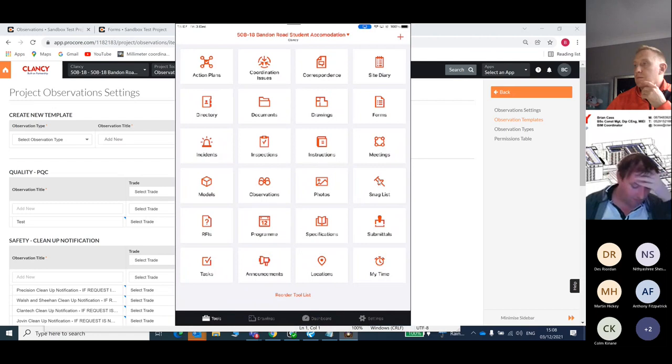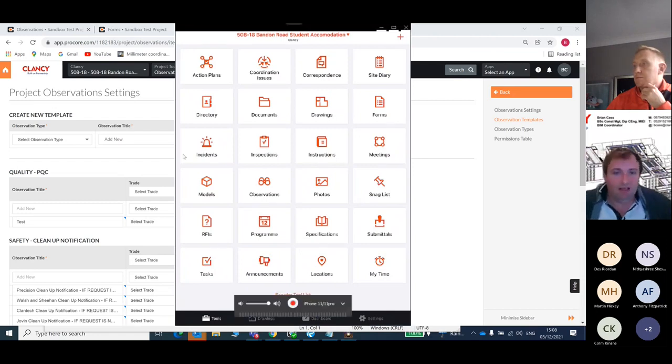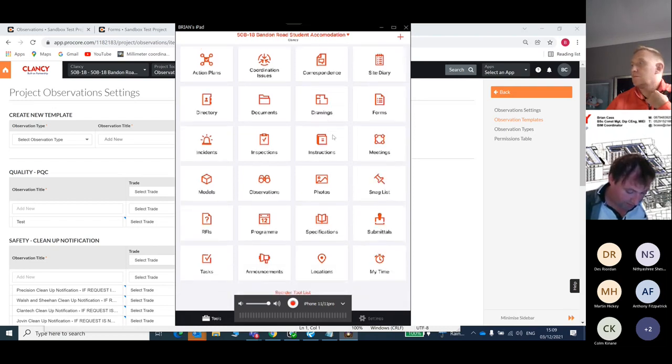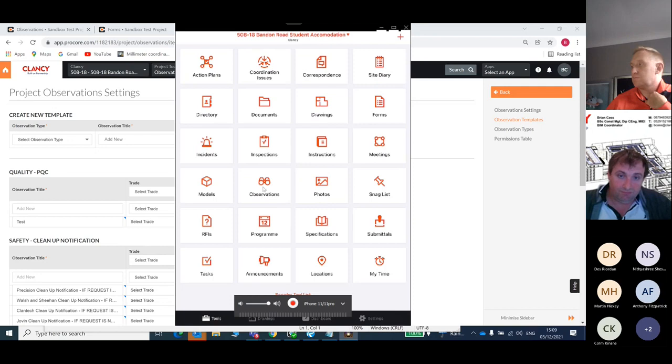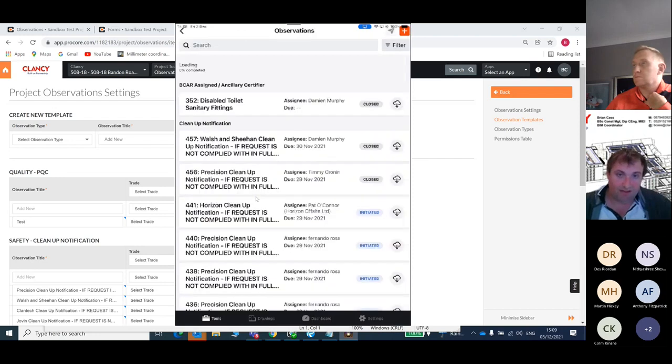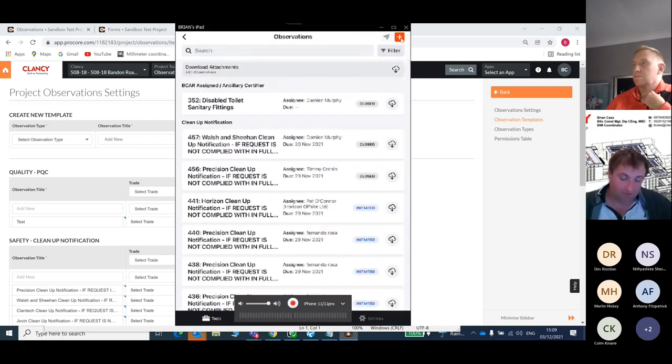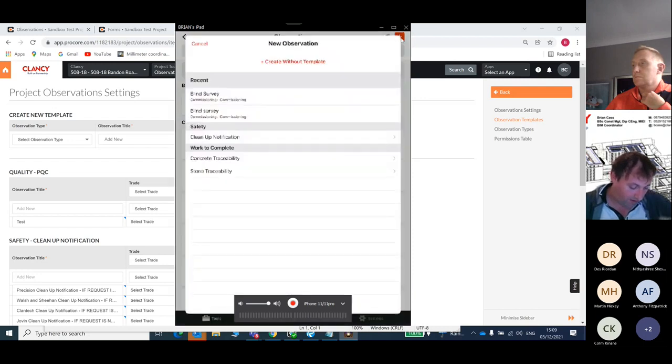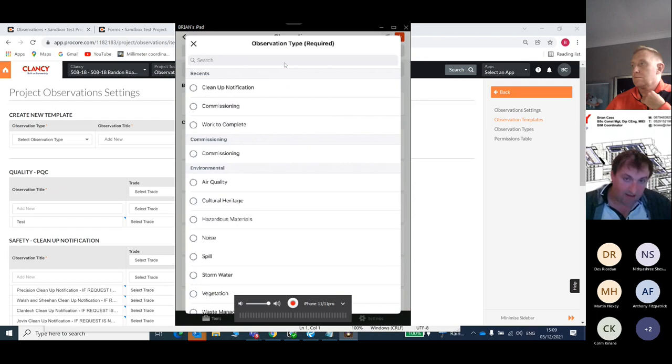So I'm going into the Banner Road project again, for instance, and there's the observations tool. Now you can do this again a couple of ways. The real basic way, if you hadn't set up your templates, you can just go in, click observation, press the plus button up in the top corner, and then you go create without template, and then you'd have